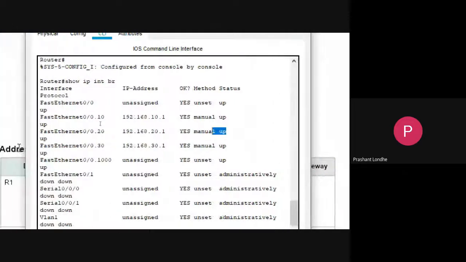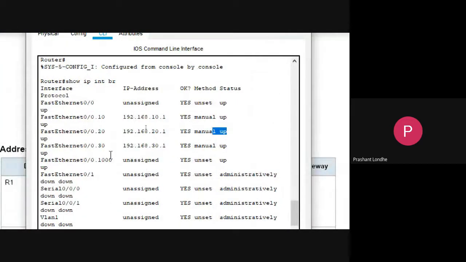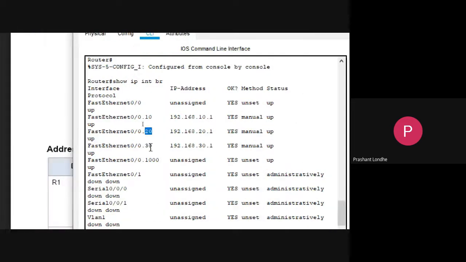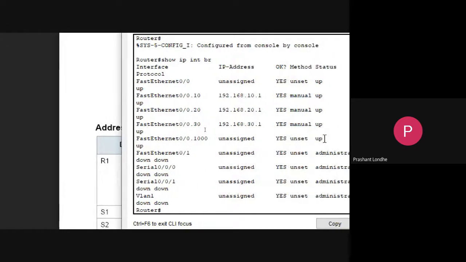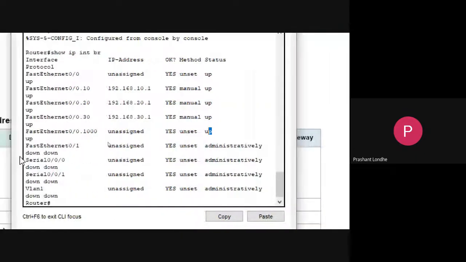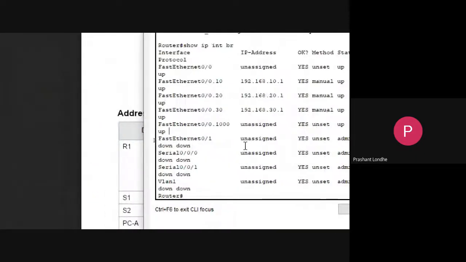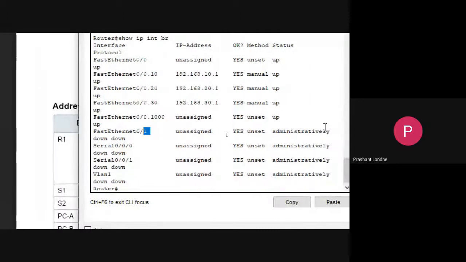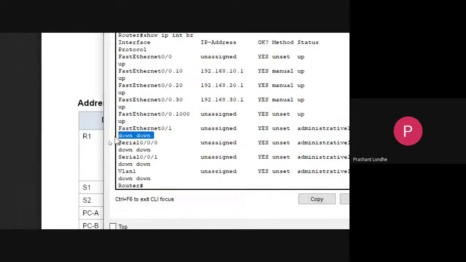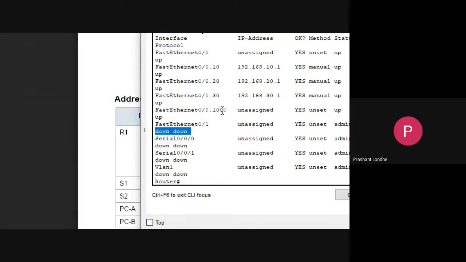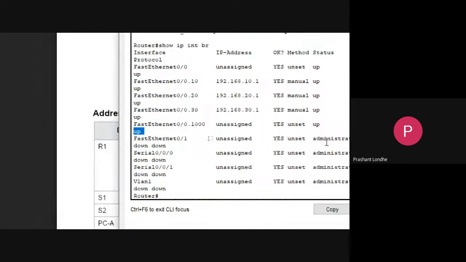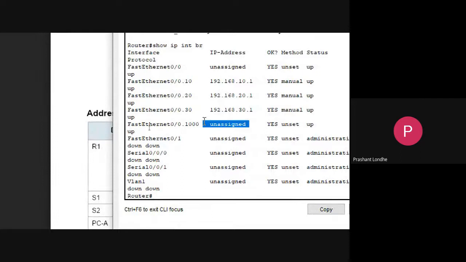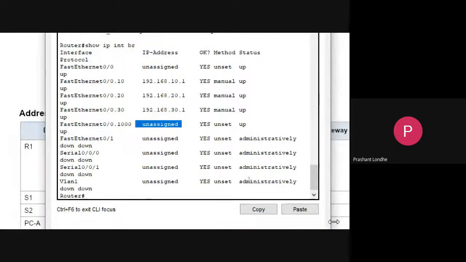Up means on, down means off. Again 20, 30 is also on, 1000 is also on. FastEthernet 0/1 we have not done anything, so the status is down and the port is also down. And for 1000 the status is up and the port is also up, but we do not have any IP address over there, so it is unassigned.